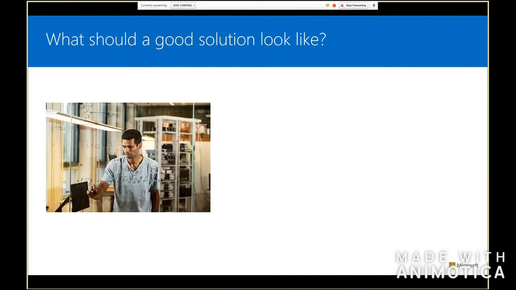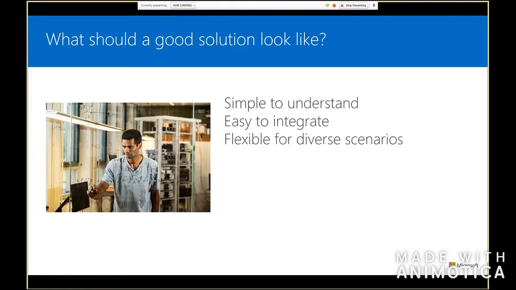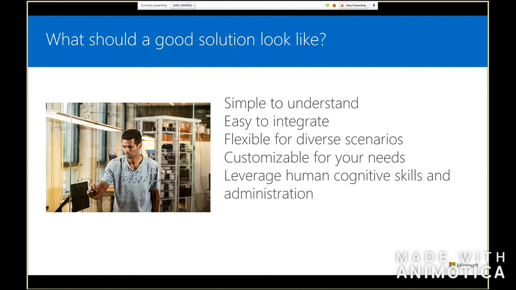So what does a good content moderator solution look like? It must be simple to understand, easy to integrate with your applications, with your legacy applications, flexible, customizable.